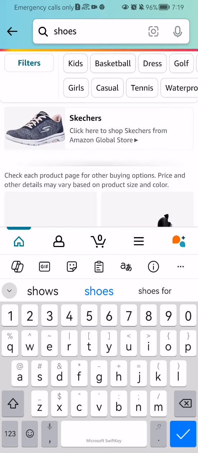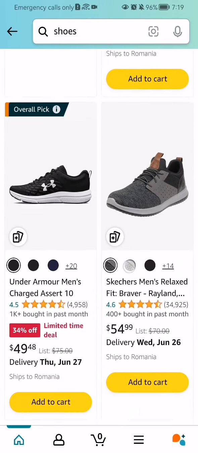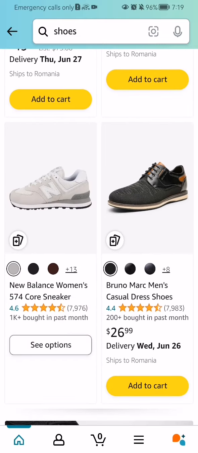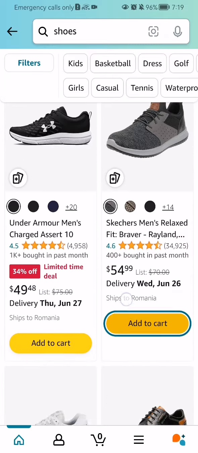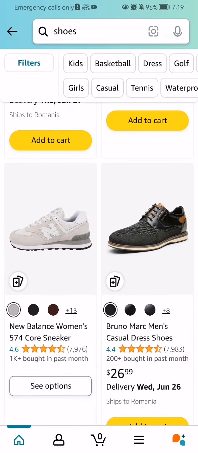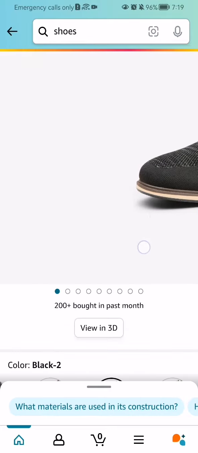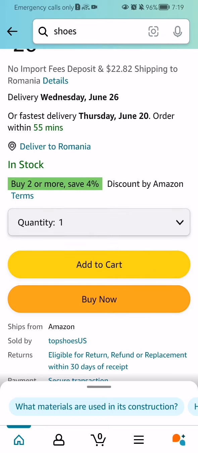Just press on it and you can see that it will appear all kind of shoes here. Now I don't have any filters here or any kind of categories that I have chosen. I'm just going to show you a simple one. For example, you like these black shoes here, you press on it, you can check out the details and everything basically about it, and if you like it, all you have to do is just press add to cart